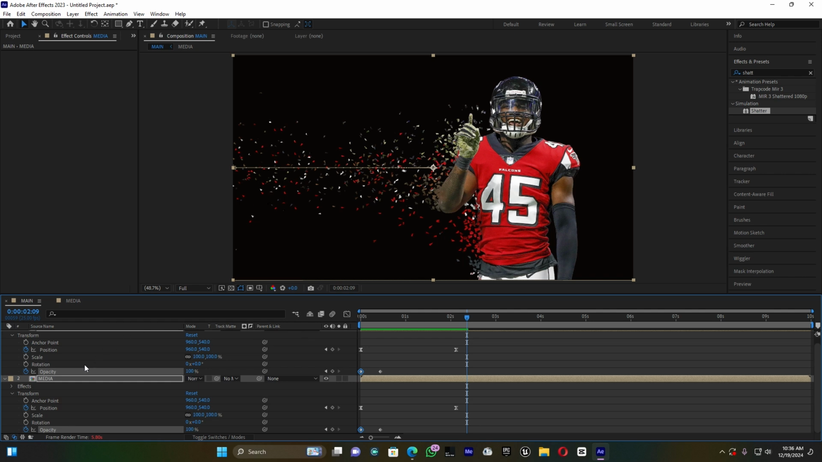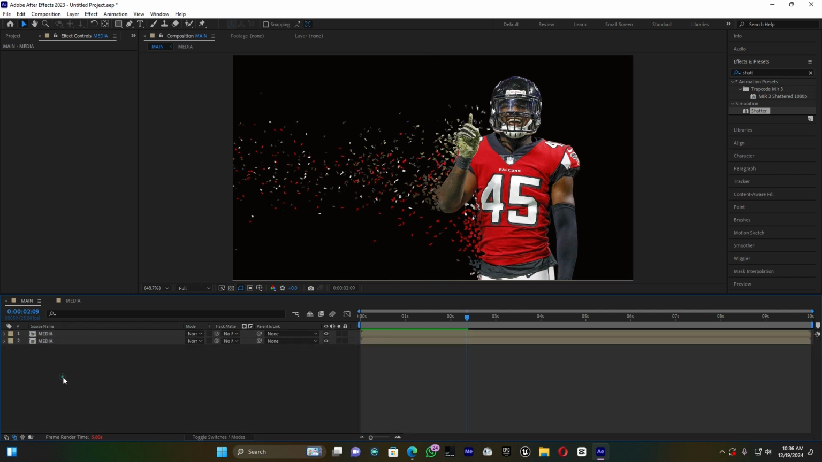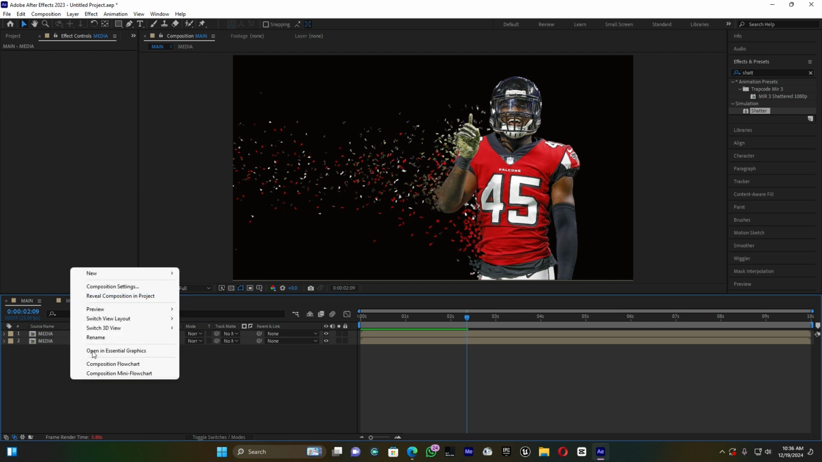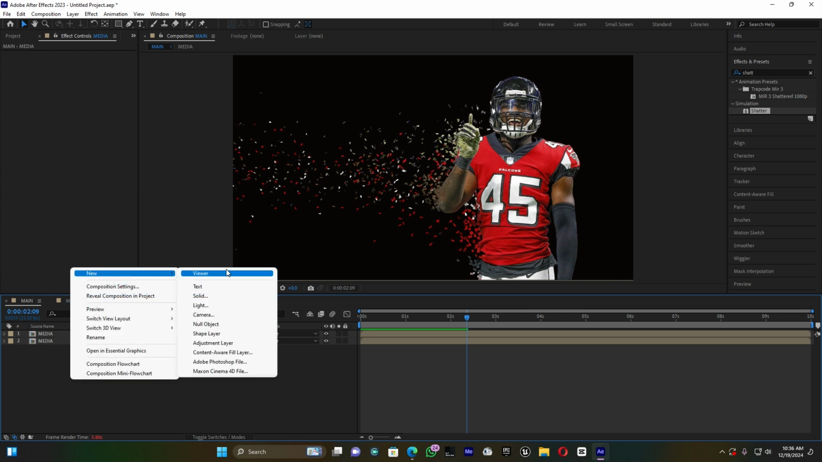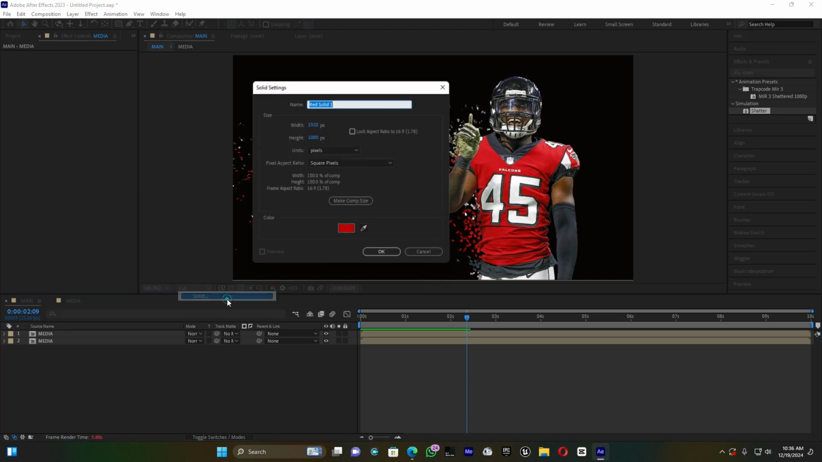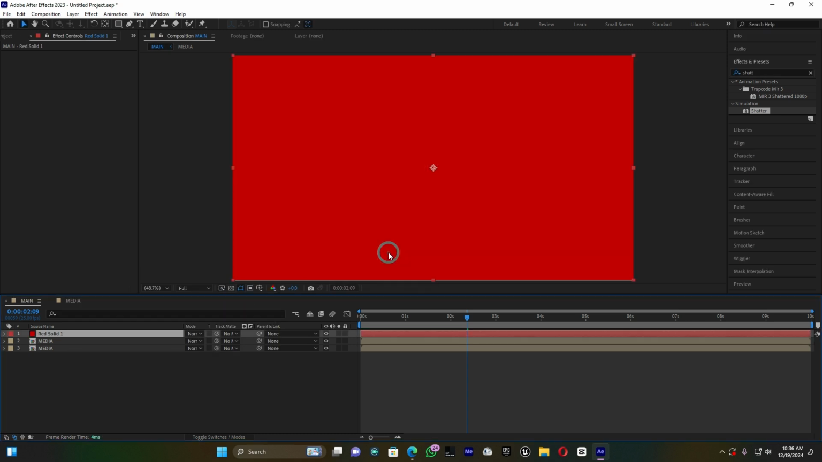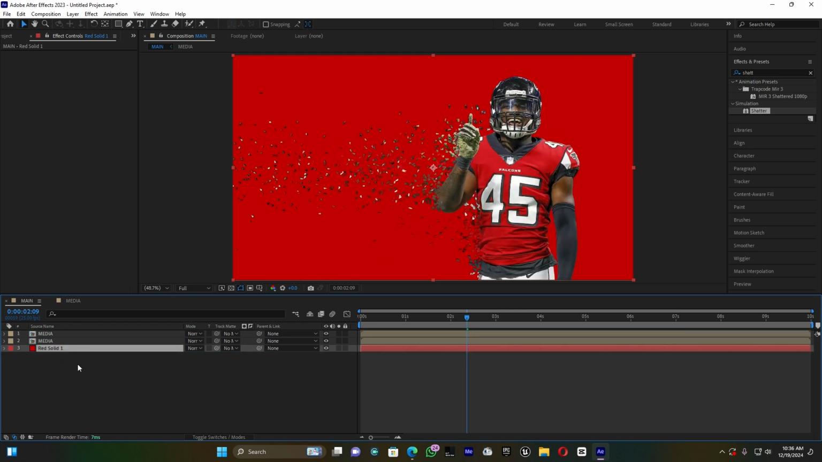Yeah, this is much better, guys. So let me close this media, okay, and I'm going to create the new solid. Right click, go here on new, then choose this solid, okay. The solid must be red, any color you want, okay. And then after adding this solid layer, move it down here under